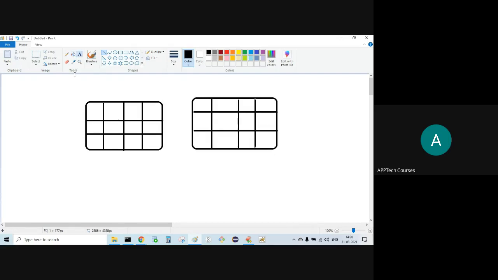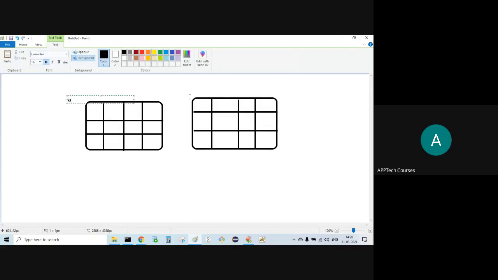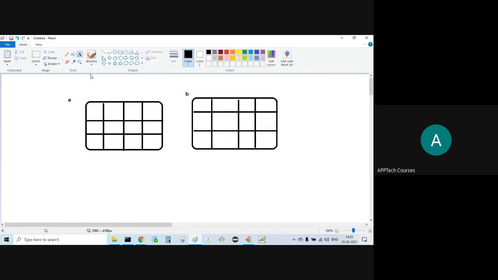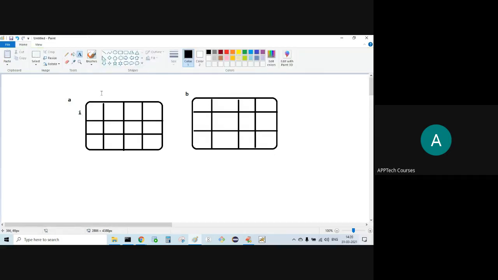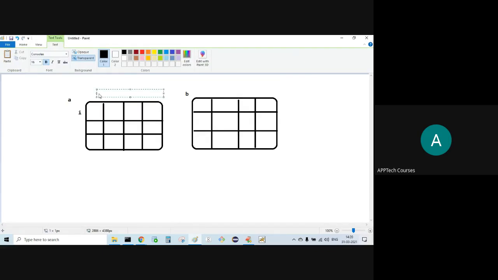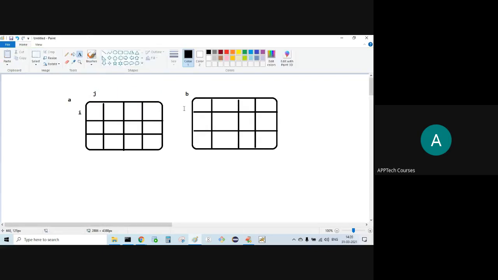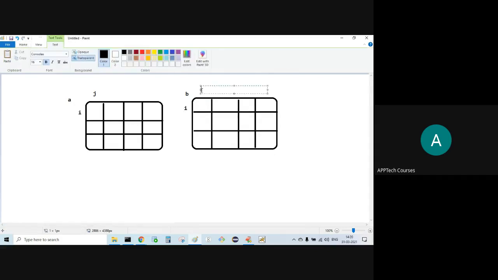Now let's say this one is A and this one is B. Now consider row is i, column is j. This is also row is i, column is j.